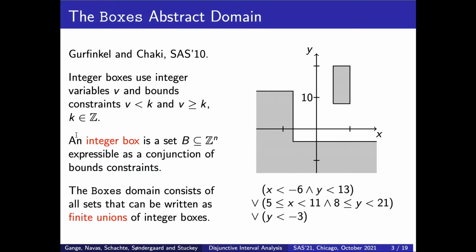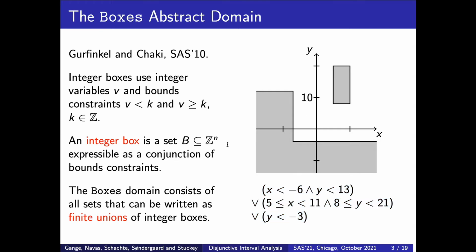But there is one abstract domain which was introduced at this conference 11 years ago that does provide an example of a useful abstract domain for interval analysis that is closed under disjunction and negation as well as conjunction. And that's the so-called boxes domain. So basically it allows us to express arbitrary Boolean combinations of bounds constraints. And there's an example down here that shows you how I can have a disjunction of conjunctions of bounds constraints,